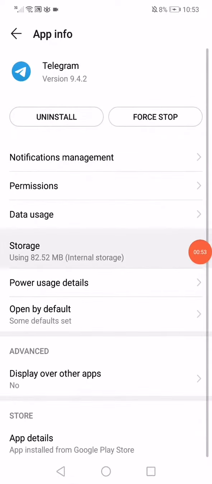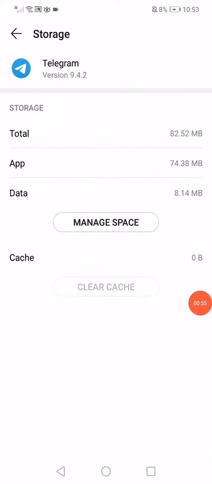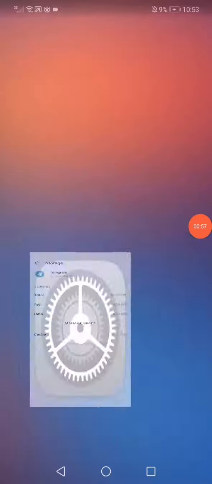Go back, click on storage, click on clear cache like that, and then click on manage space and restart your